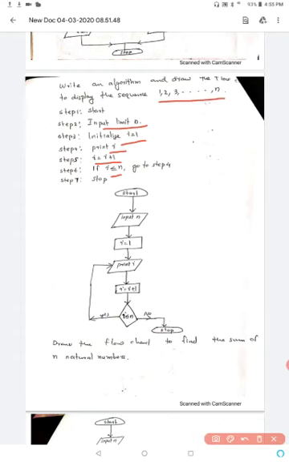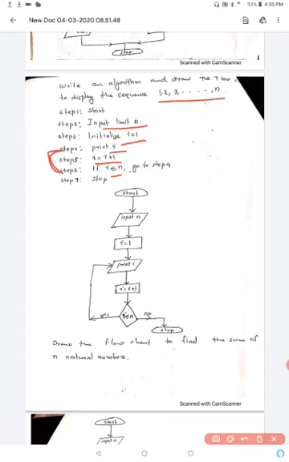So go to step 4, print I, that is 2 getting printed, then again I gets incremented, I becomes 3, less than or equal to n, then again, till 10 we have to print. So this is called a loop. Repeatedly we are doing the same.